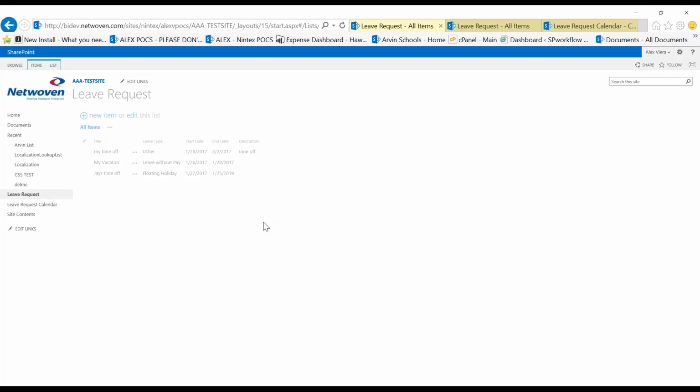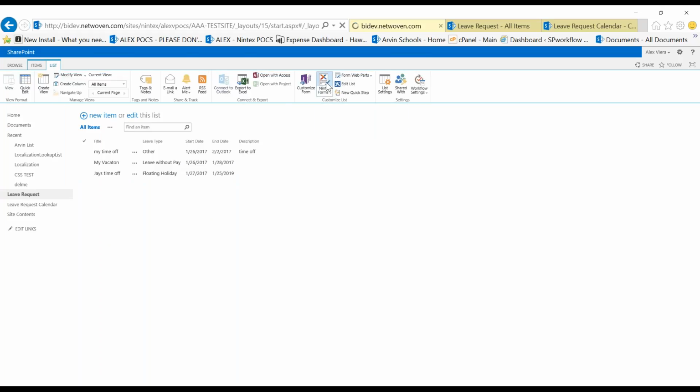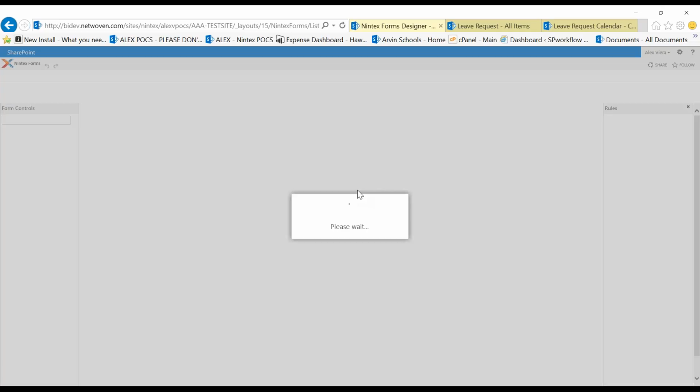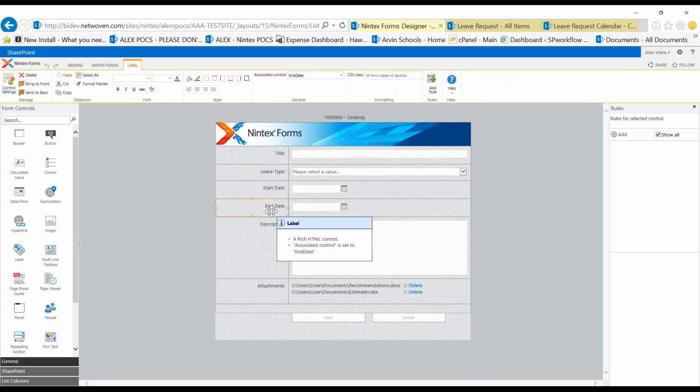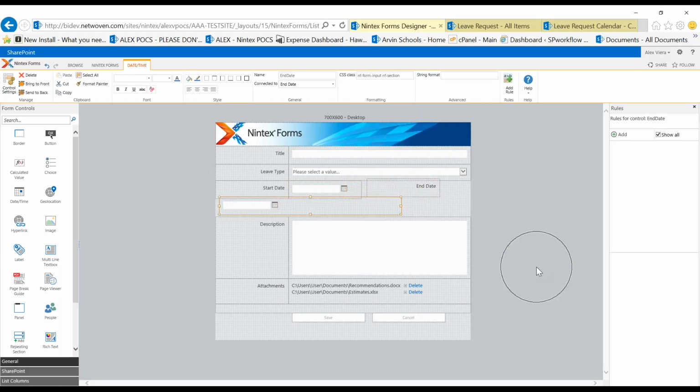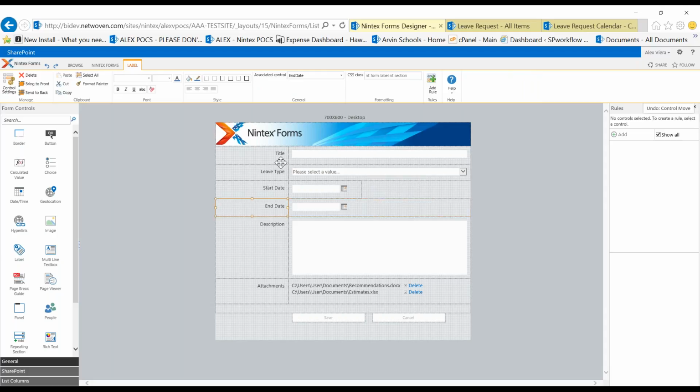So I want to show you how you do this inside of Nintex. When Nintex is installed, you go up to List, and then up here to Nintex Form. Nintex will create a generic layout of what it thinks you want to do. What's cool about this is that I can go in there and say, this is not exactly how I wanted to lay things out. I can move anything I want around. If I end up screwing stuff up, I can always use this little undo button or Control-Z, so I can go back to where I was.